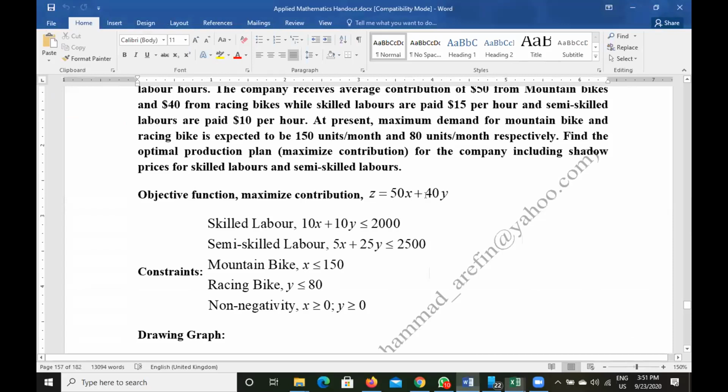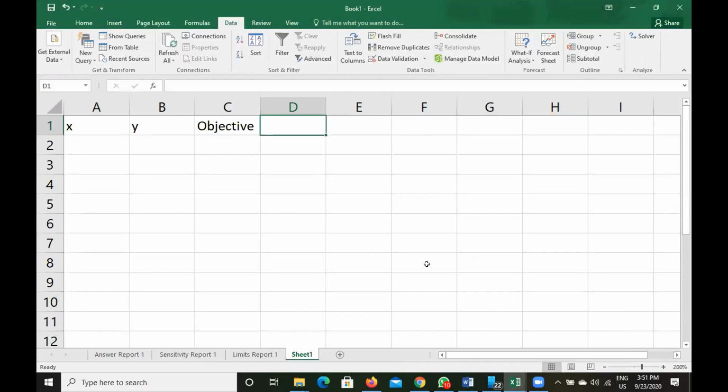Objective value is 50x plus 40y. So as I said, we will start with the value of 0. Value of y is also 0.